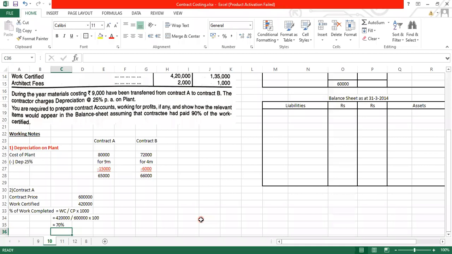And the cash जो भी हमें received हुआ था to the contract price is how much? 90%. See over here, they have told us that it is 90%. So therefore we can just start it down. Since 70% हुआ है तो it will be 2/3 of the notional profit. So I'm not writing down whole of the formula right now. If you want, I can just write 2/3 of the notional profit into cash received divided by work certified, because we take cash received to work certified. So 2/3 of the notional profit is 60,000 into 90%. So 90 divided by 100.